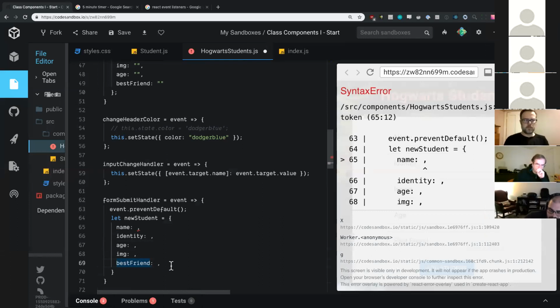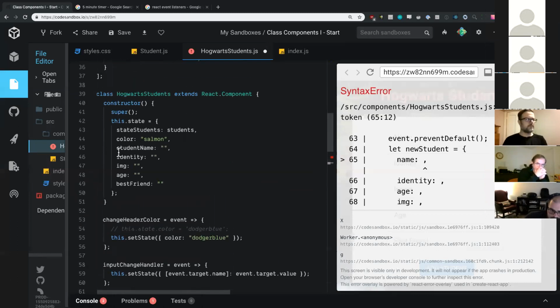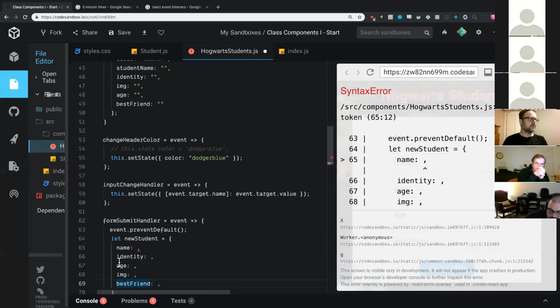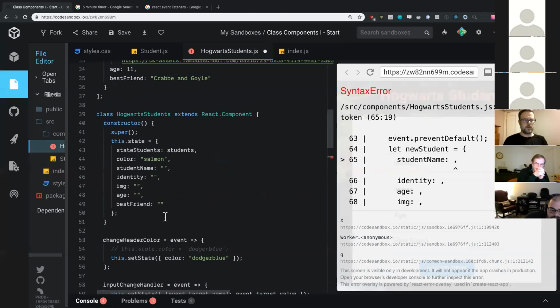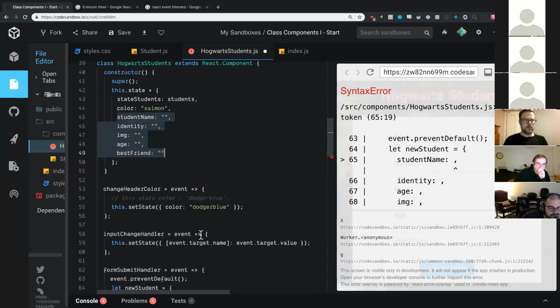Is that what everyone thinks, or is there any other guesses of how we can do this? We could destructure. If we did, we'd have to make sure that we only grabbed the studentName. Oops, I should say studentName and not name. So that wouldn't work, and then I would be wondering why it didn't work. We'd have to make sure that we only grabbed these. And it could work, but